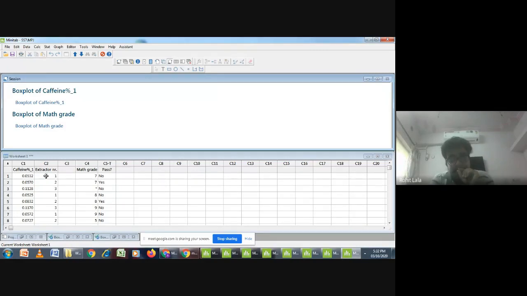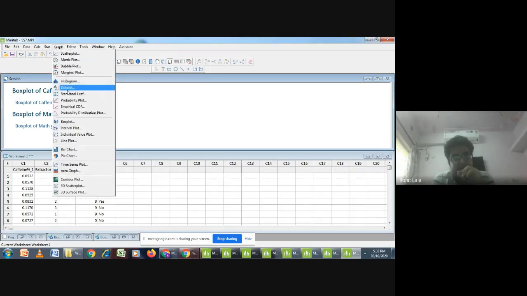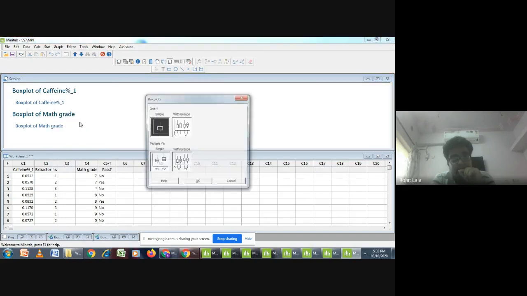See here, the extractor of a machine is your categorical variable, and caffeine percentage is your numerical variable. So the extractor number is obviously your affecting factor, that is the x variable, whereas caffeine becomes the y variable, because we are seeing which machine the caffeine percentage is extracted from. So the extractor machine is your main variable, and on the basis of it the effect comes for caffeine percentage. So we now know which is the x and which is the y variable. So just prepare a box plot.